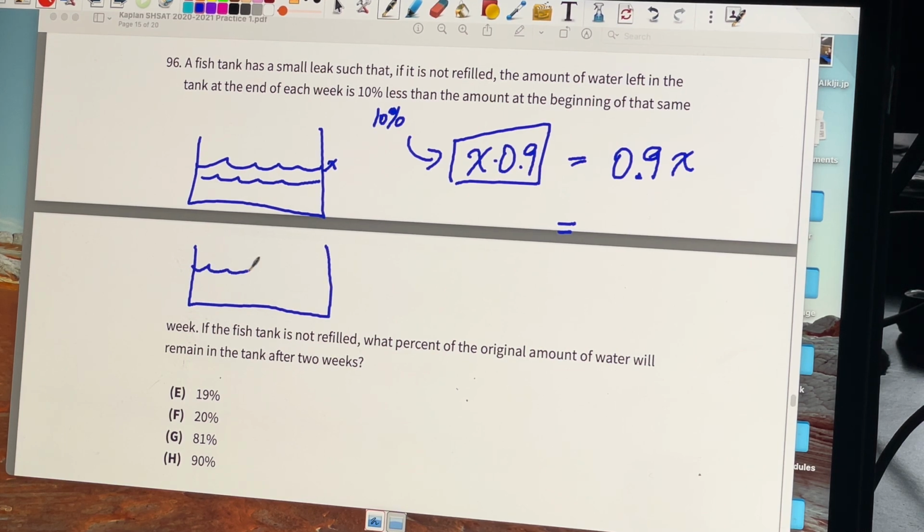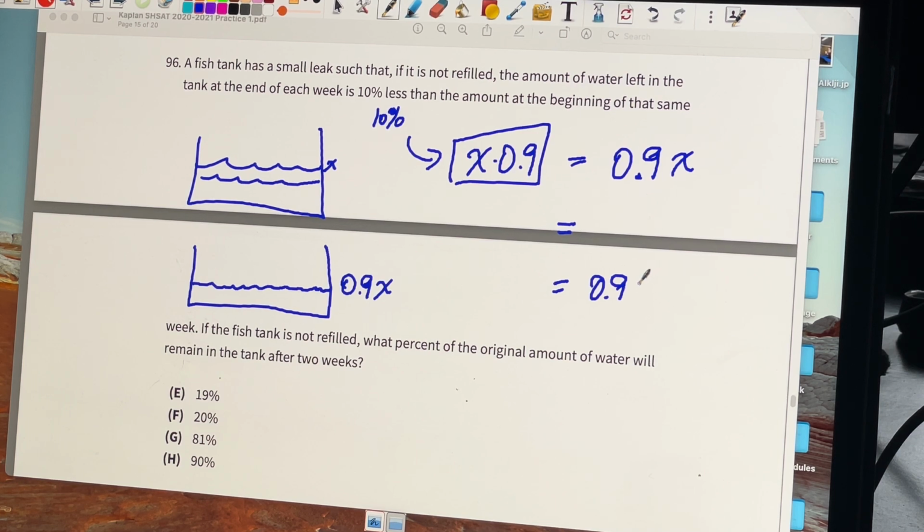So another week goes by, and remember the water level went down. So it is now a little bit lower, and we're going to call it 0.90x, which is what was left over from last week. So it's going to lose 10% of that, 10% again. So if you take 10%, how much do we have left over? Well, we're going to have 90%, or again 0.9 of